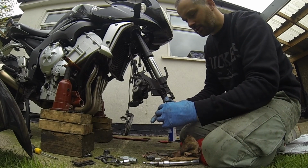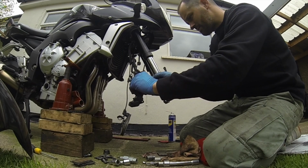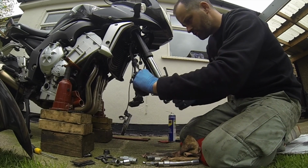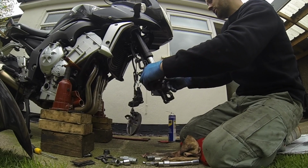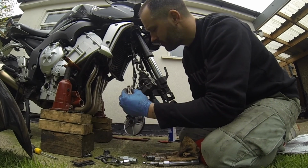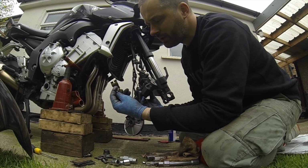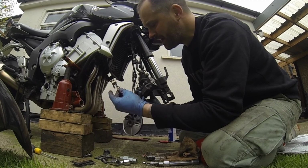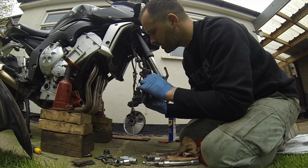So obviously pad to the inside, one push up and in, second one push up and in. I'll try and do it so you can see it. Okie dokie. So arrow upwards, and obviously that little groove there wants to be facing down and inwards, which will sit in between the two